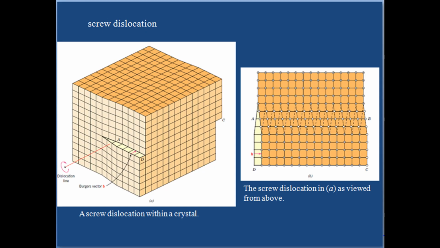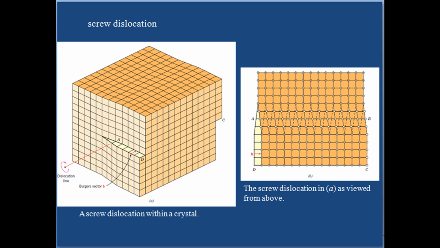Now we are going to see the next type of dislocation, that is screw dislocation. Another type of dislocation called screw dislocation may be thought of as being formed by a shear stress that is applied to produce the distortion shown in figure. The upper front region of the crystal is shifted one atomic distance to the right relative to the bottom portion. The atomic distortion associated with a screw dislocation is also linear and along a dislocation